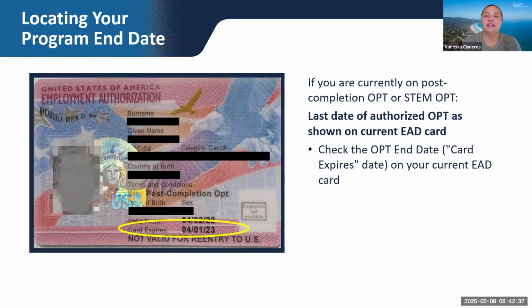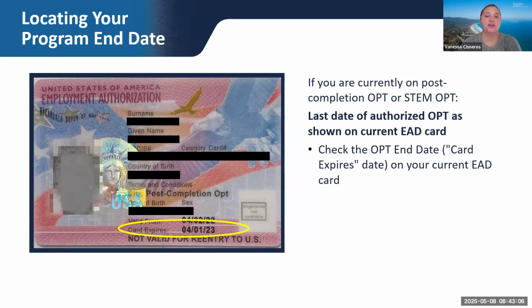Alternatively, if you are currently on post-completion OPT or STEM OPT extension, instead of referencing your last date of enrollment, you will use the last date of your authorized OPT as your program end date for the purposes of the SEVIS transfer process. You can reference the card expires date on your current EAD card to see when your last day of authorized OPT is.